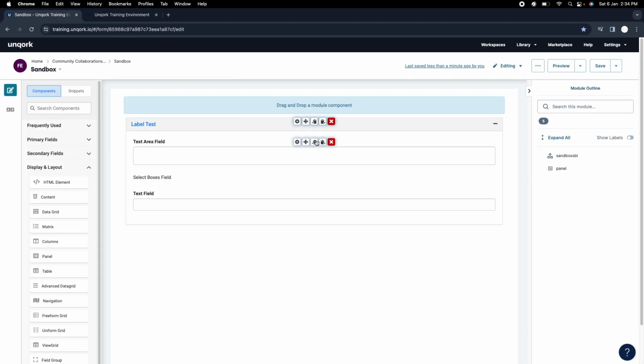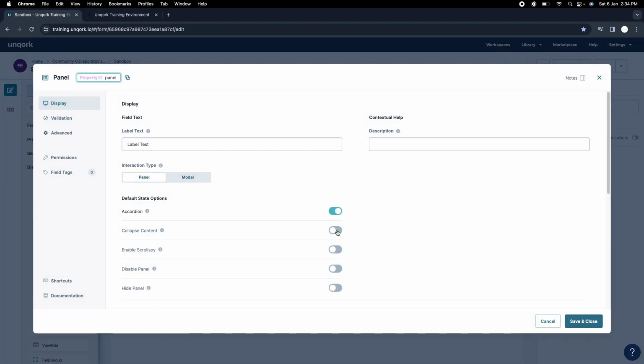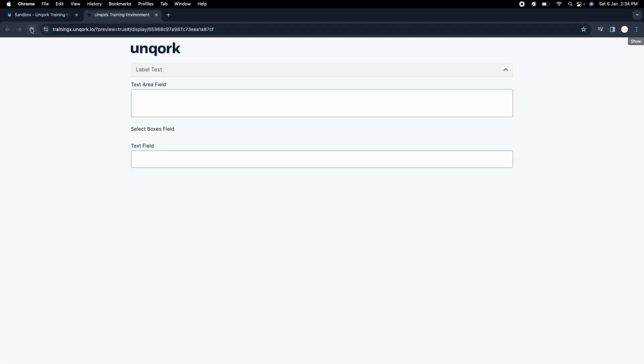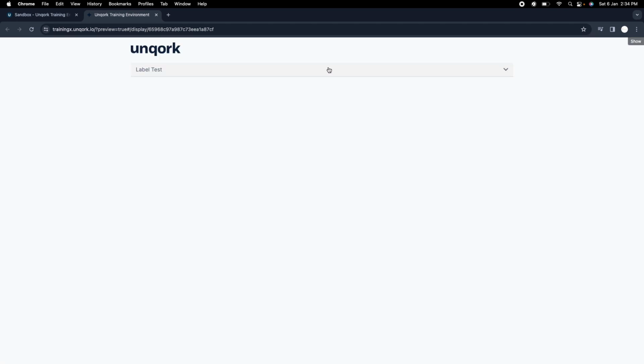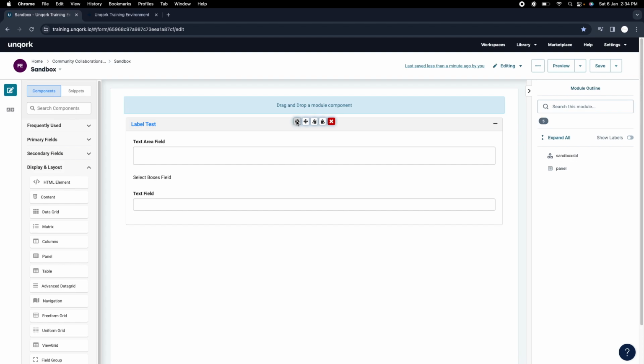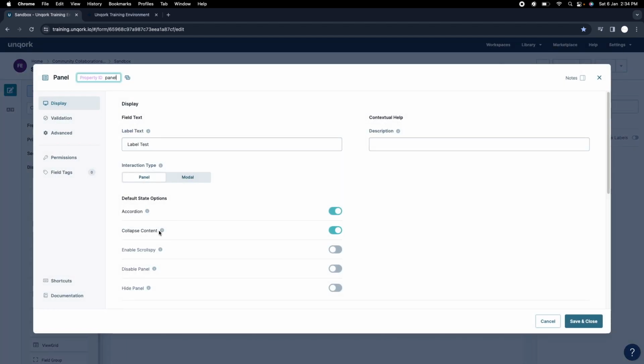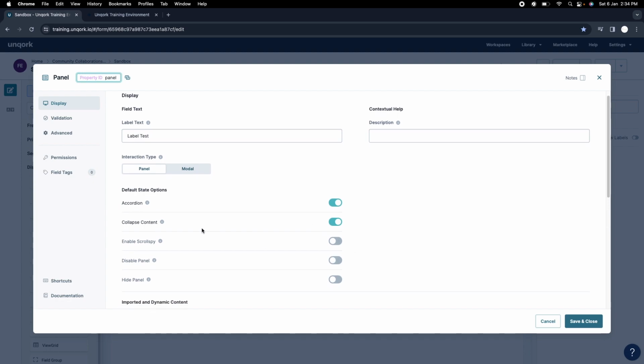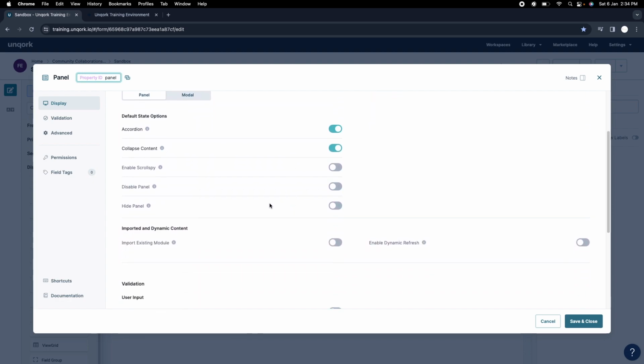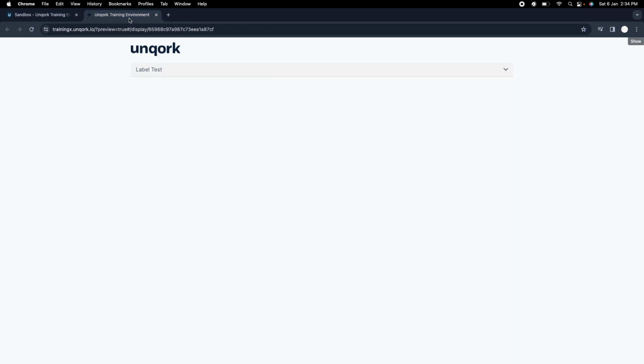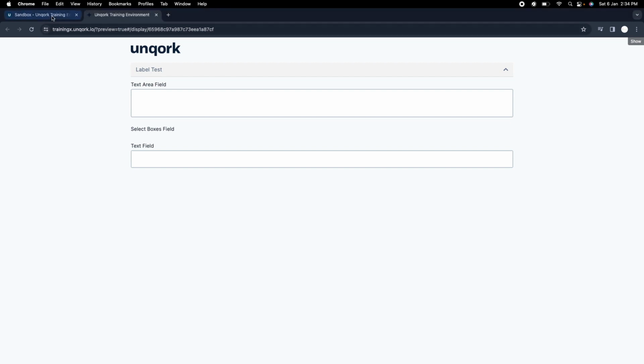If we select that, the second option is collapse content. So what is this? If I toggle this on, it will be collapsed by default. So I have saved and turned on that collapse. I think it should turn on this. Yeah, ideally it should